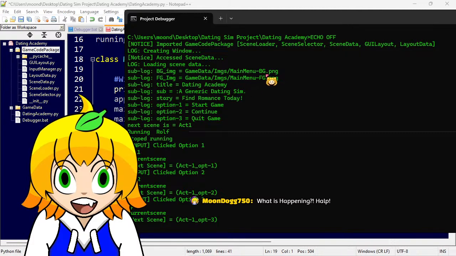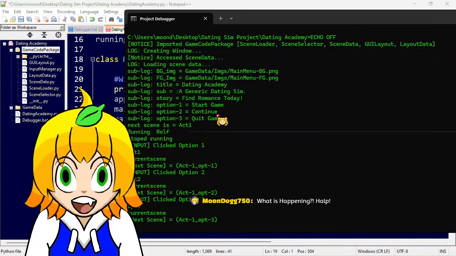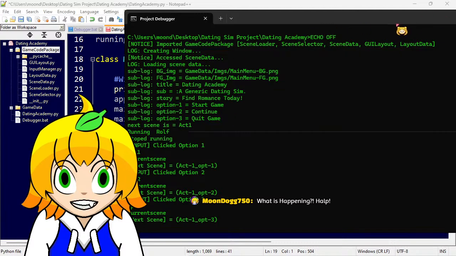The background is the schoolhouse, the foreground is the little DA heart. Then the sublog title, Dating Academy, a generic dating game sim, the story, find romance today, options 1, 2, and 3, start game, continue, quit game. That is all loaded through a data file.